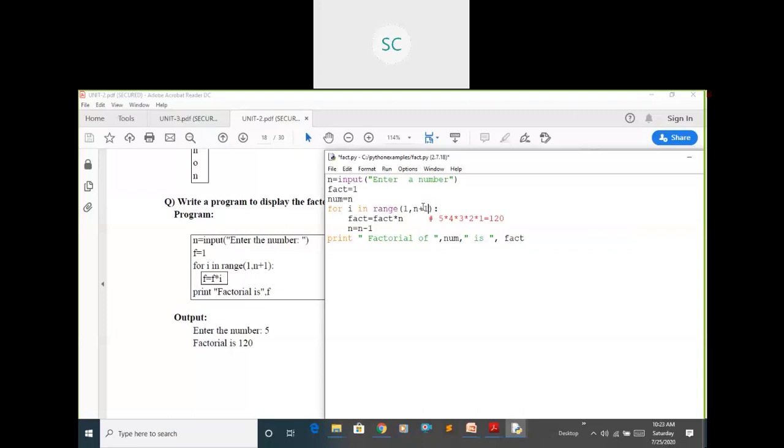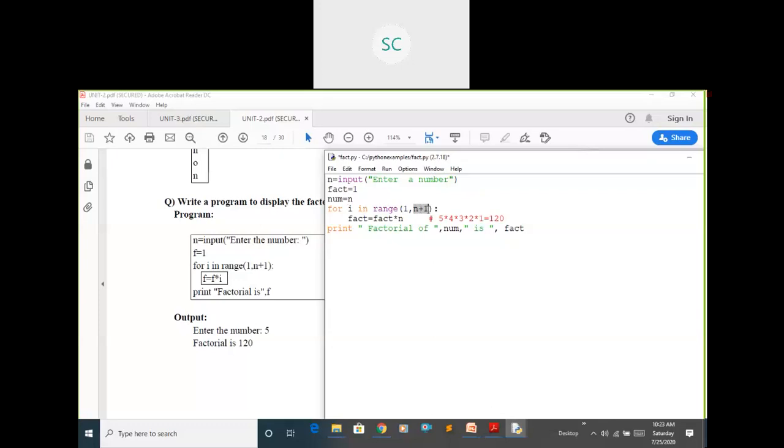But this range takes stop minus 1, right? That's why I'm adding here, I need to stop at n, not at n minus 1. For that, if you want to stop at n, you just take n plus 1. In the same way, I will print that n value here, don't worry. No need to increment or decrement the value here, because in the previous case I used that while loop. Just now the value is in I, right? Initially it starts from 1 and it will end at position n.